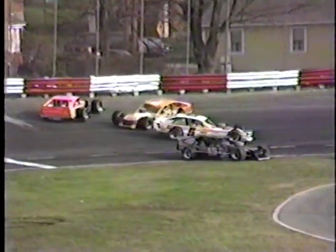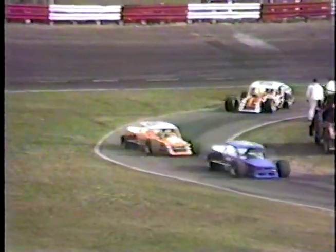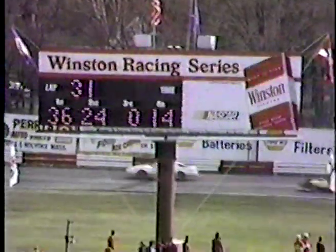Speaking of being out sideways, in the turn, we've got a massive pileup. The Frenchie's number 6 machine, the Brett Bodine number 12, the 5 of Charlie Jazambach between turns 3 and 4, the 61 of Richie Evans, the 10 of Falcone, and the 4X of Peter Schwartz. Everybody very luckily pulls away. As we see now, it appears that there is no severe damage done to any of the automobiles, but